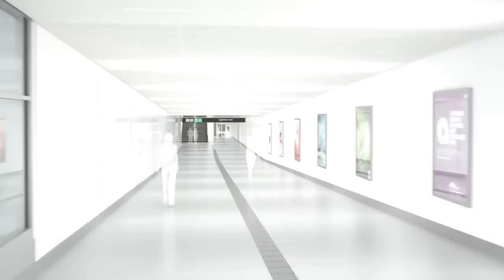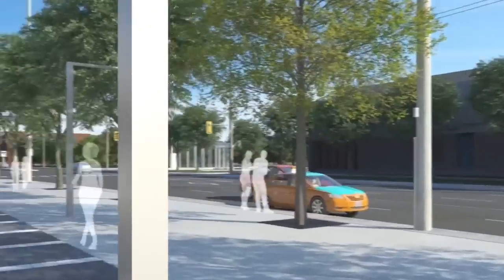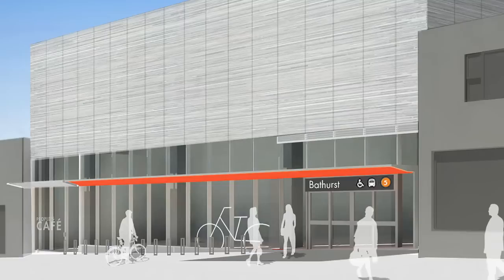A terrific pedestrian promenade is created along the north side of Eglinton through a series of plazas in front of the station entrances. Bathurst Station has 2 entrances. One opens up the northeast corner with a better pedestrian orientation with a plaza on 2 sides and some new trees. The second entrance to the west has a street front retail space, which aligns well with the commercial orientation